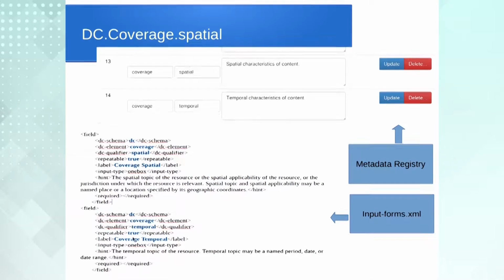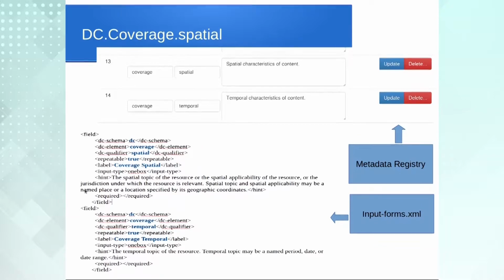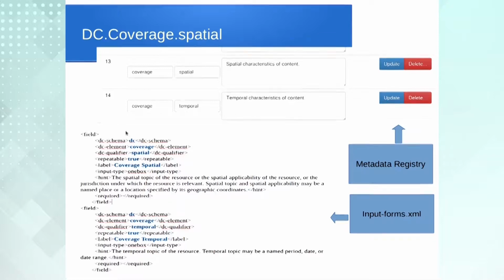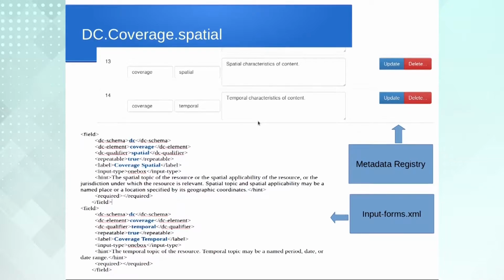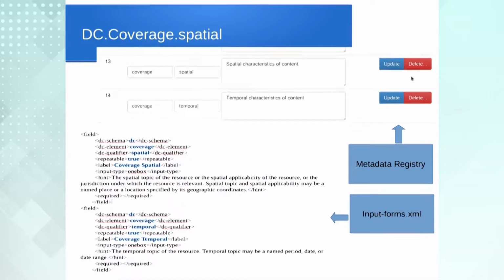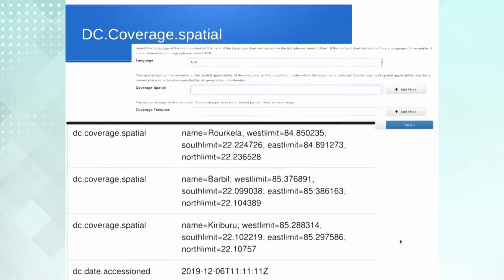So here we can enter data. This is the metadata schema. I will be showing you how we can enter this one. So here we are utilizing DSpace, another very popular digital library solution in the domain of libraries. First we updated the metadata registry and truncated the input-forms.xml. Then after that we will be getting a data entry worksheet like this, where coverage.spatial we can enter and coverage.temporal we can enter.